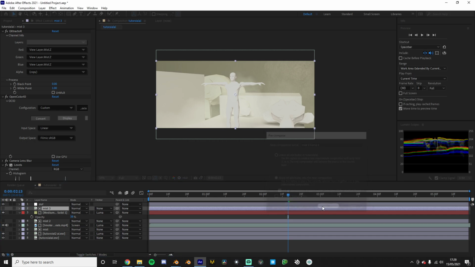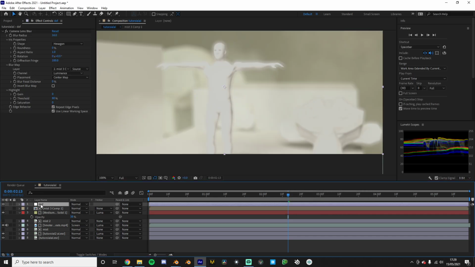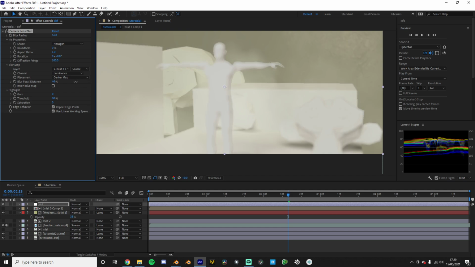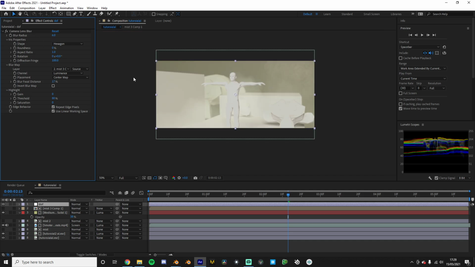Yes, we can see that we can add depth of field, and can we not? Yes, blur focus distance, and we can add some fake depth of field. It's not perfect though, considering you'll get a little bit of artifacts, but yeah, you can do a bunch of stuff with this in the composite,